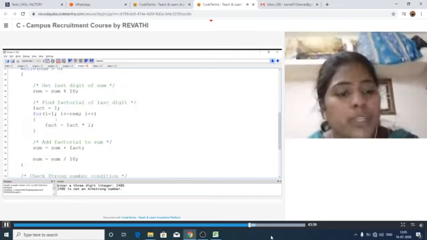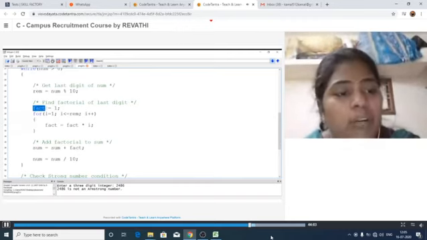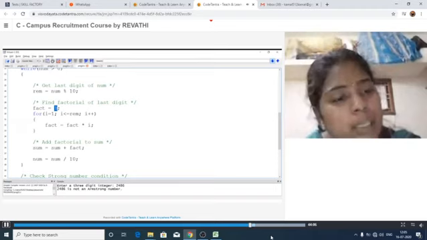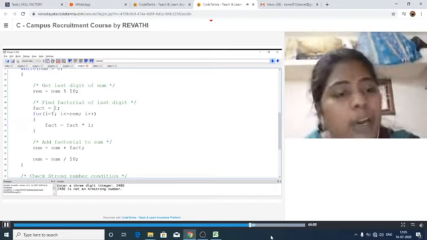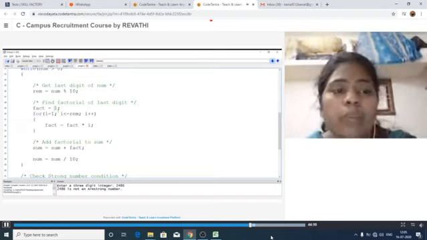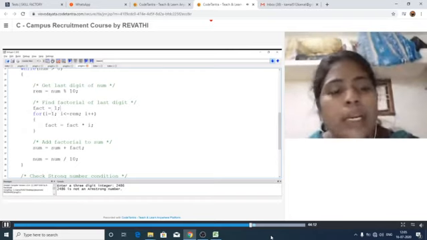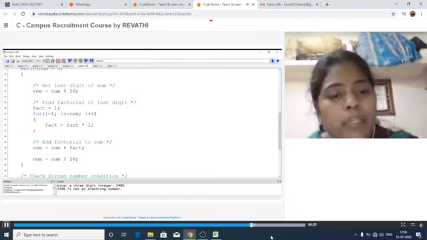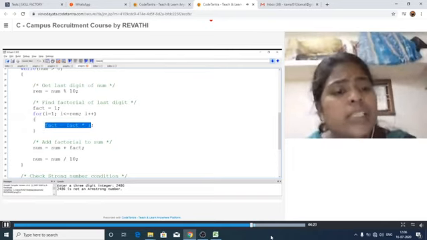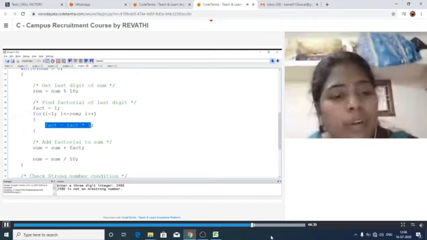It is calculating the factorial value. What is the factorial value? Initially fact can be assigned with 1 only. Whenever you assign 0, whenever we are multiplying any number with 0, automatically it will be 0. Okay. So fact is equal to 1. Here checking the condition for i is equal to 1, i less than or equal to remainder, i plus plus. Okay. Next it is calculating with the number, fact is equal to fact into i. After calculating the factorial values, then it is adding that into the sum.